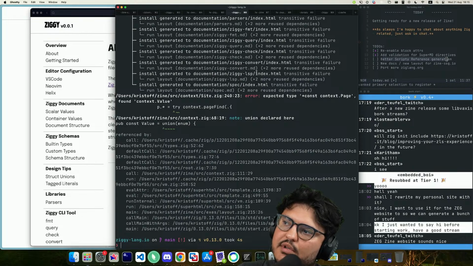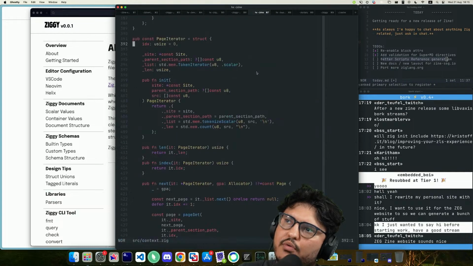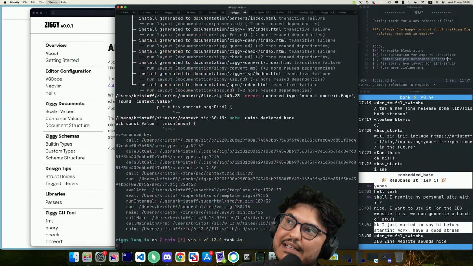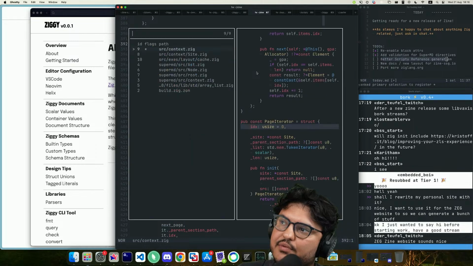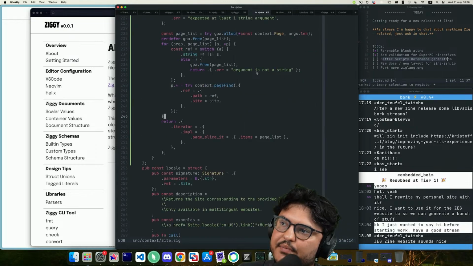Explicit type context page found context value. Oh, right, page find can fail with an error. That is indeed the thing that we need to worry about. So in site,